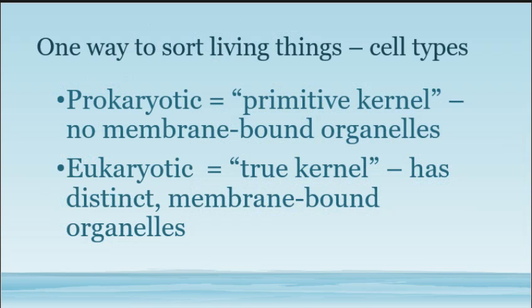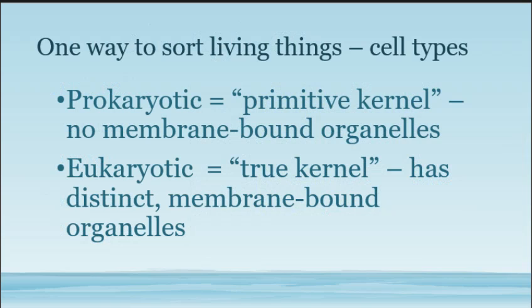All right, so one way to sort living things is the type of cell they're made up of. Okay, so y'all just finished drawing cells, right? And we made our cells last week of a typical animal cell and a typical plant cell. Remember that other typical cell we drew last week? It was a typical bacteria cell, remember? And I told you something special about it. What I told you was its DNA is just floating around on the inside of it. Right there, it's not being held in anything.